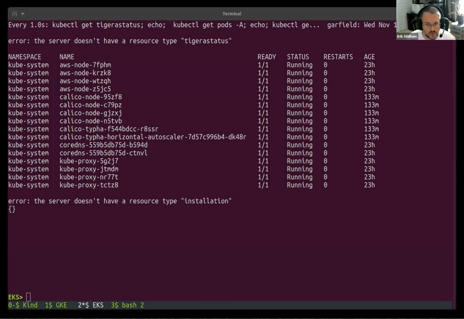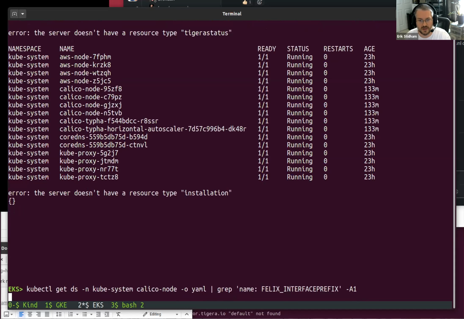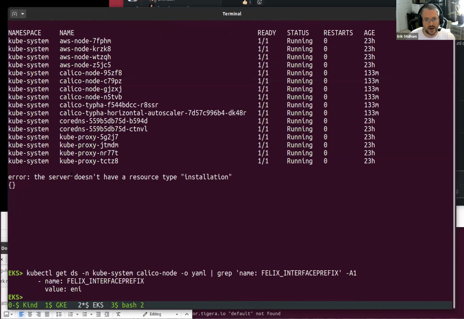So I was going to quickly show that. When Calico node is configured to work with AWS node, it needs the Felix interface prefix set to ENI. So I just thought I'd show that real quick to show that's what this configuration is.